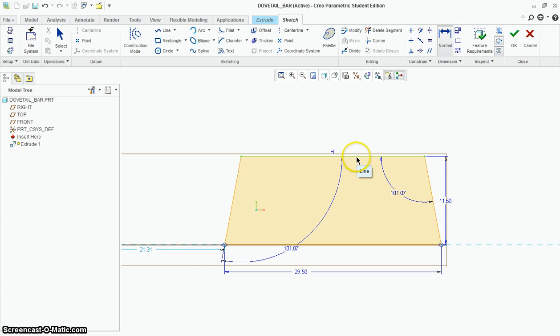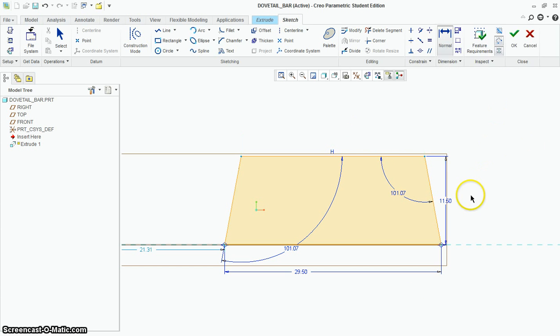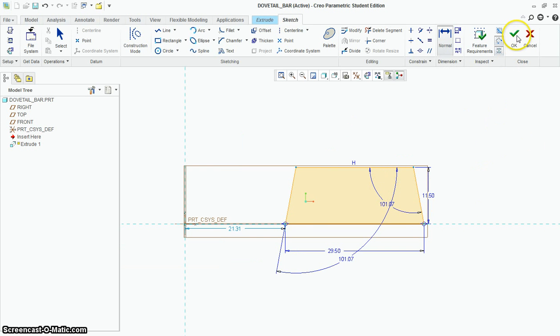Now, if you try to put in the dimension of 25 up here, it's not going to let you do it. Watch. It's going to say, oh, resolve sketch. Well, there's nothing really wrong here. It's just saying that if I allow you to change this number, then something else will become incorrect. So you have to leave it as is and delete something else if you want to keep the 25 up there. So we'll just go ahead and delete the 25. Once you accept this drawing,